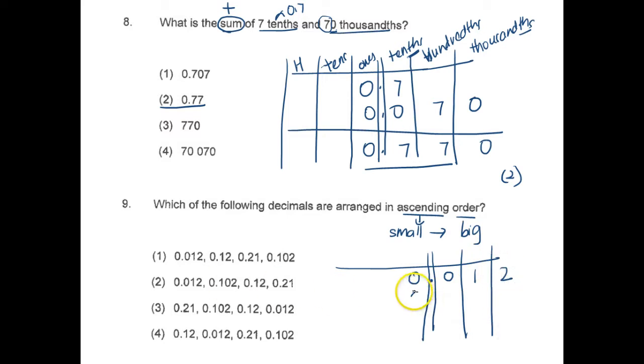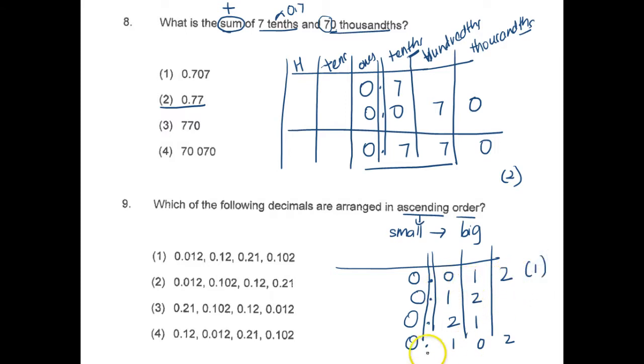The next number is 0.12, 0.21, 0.102. So which is the smallest? Ascending, which is from small to big, the smallest would be this one,